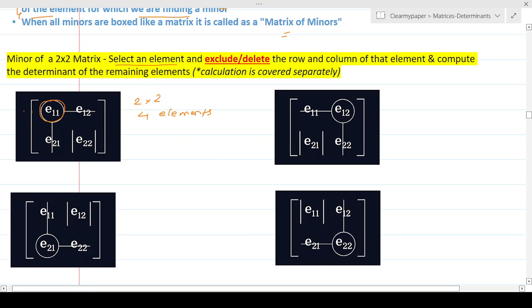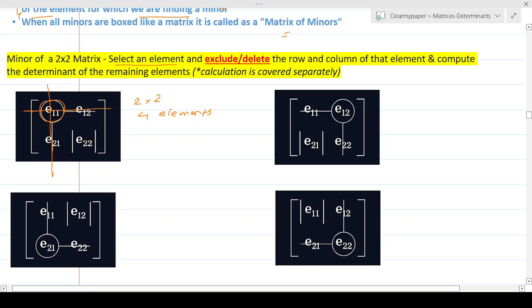I'm going to delete or ignore the row and the column this element is present in, and whatever is remaining, I'm going to compute the determinant of the remaining elements.